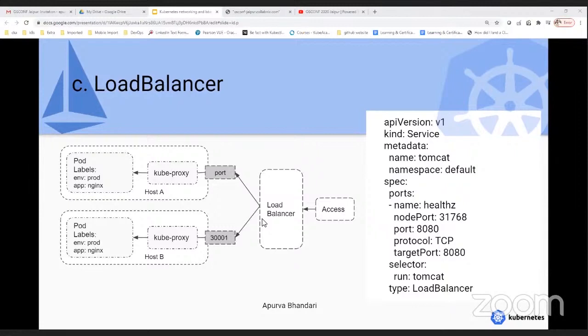Again, if I want to talk about the workflow from your external IP to the pod, first of all, my public IP will get mapped with the target port that I have mentioned over here, like 8080. So I will put down public IP colon 8080. Behind the scenes, the load balancer is mapping to your node port, which I have mentioned over here, like 31768. From node port it will again point to your cluster IP. So this is the workflow.